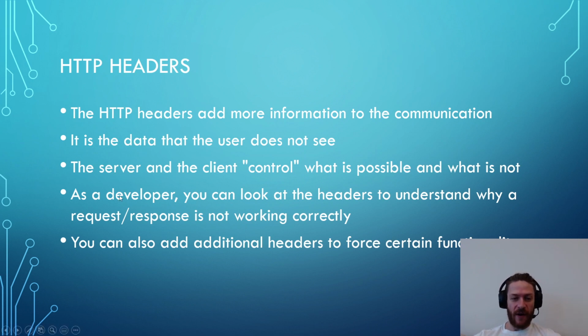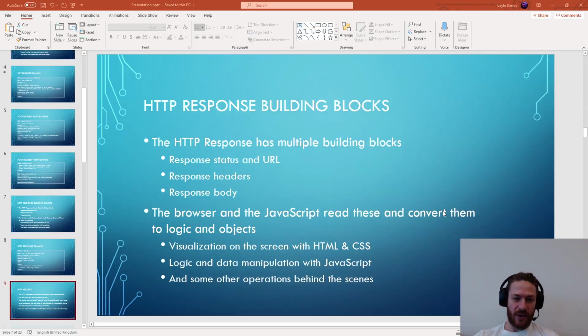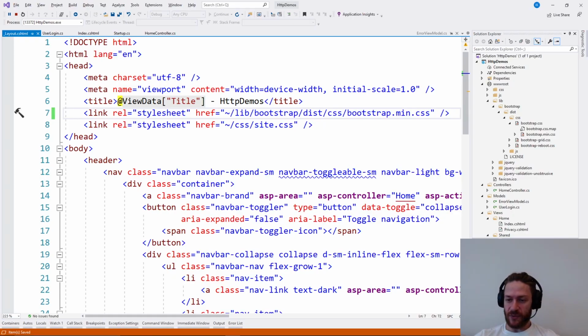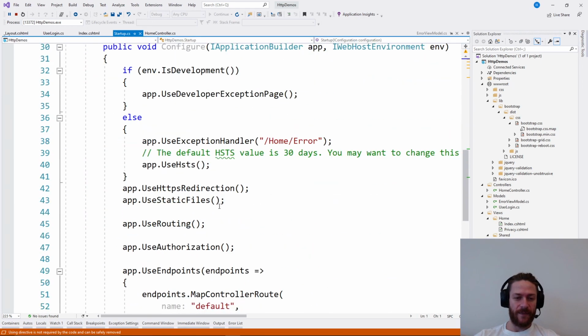So, as a developer, you can look at the headers to understand why a request or response is not working correctly, especially if you are writing a more lower level server, because you can go and you can create